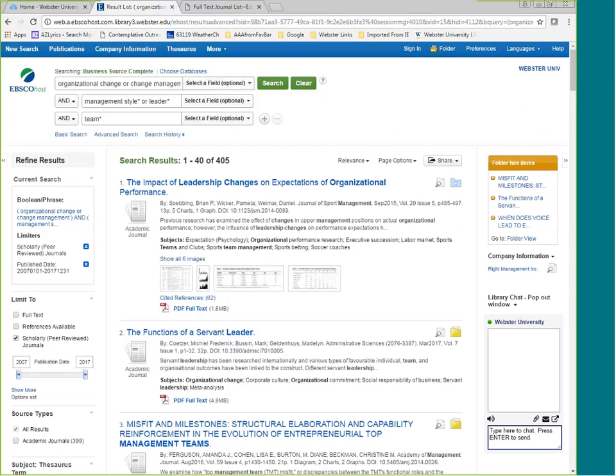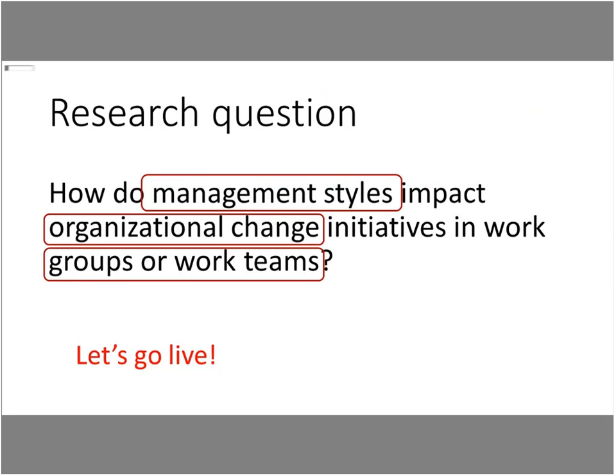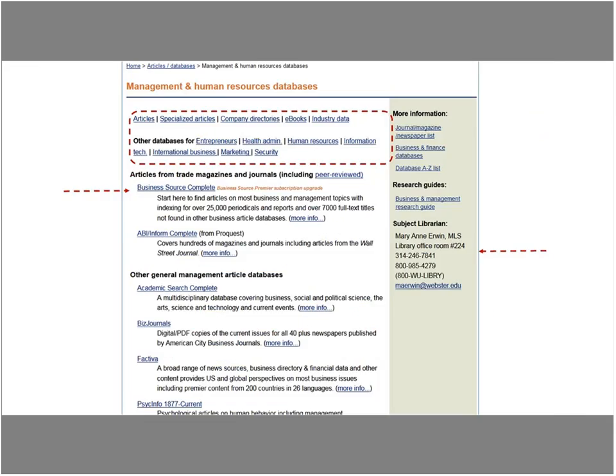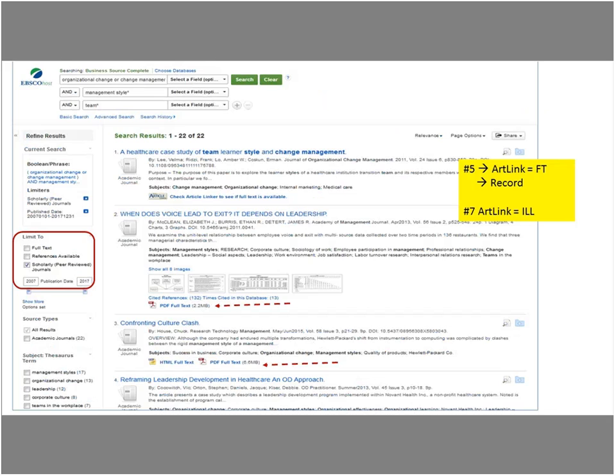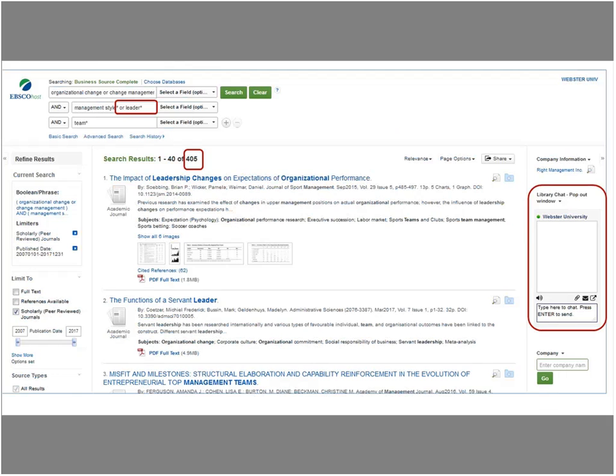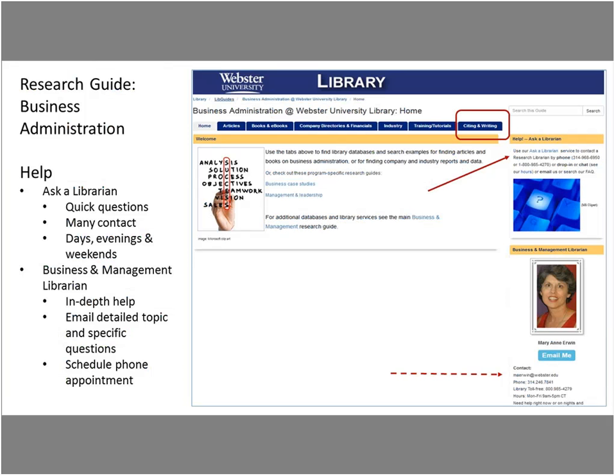All right. Now, if there are no other questions, I am going to go ahead and finish up. So let me know if there are questions, but I am going to go ahead and stop sharing my screen here, and I'm going to pop back over to... I had this PowerPoint just in case we couldn't get online, but here we are. And I'm going back to the research guide.